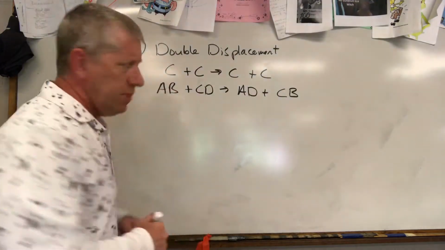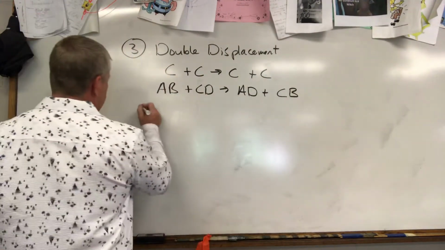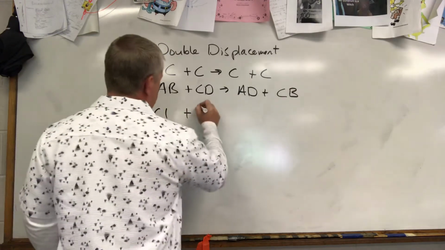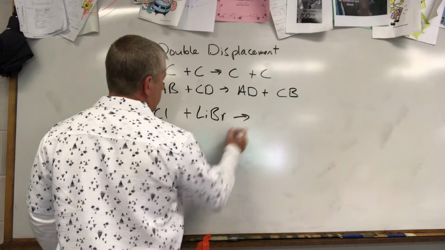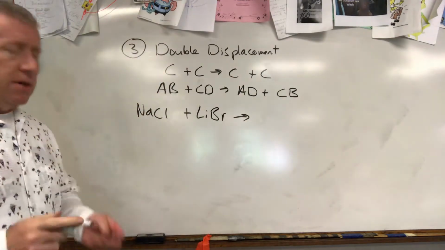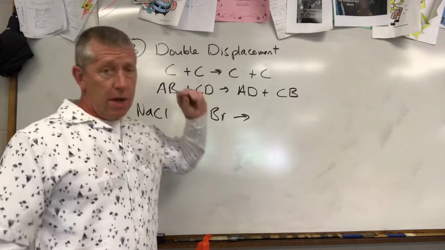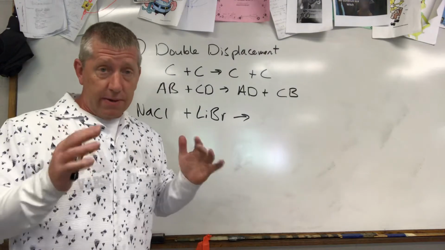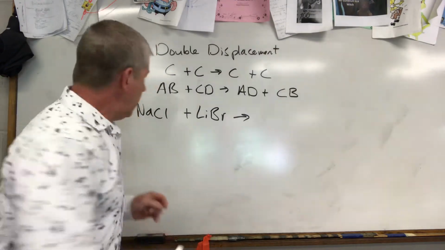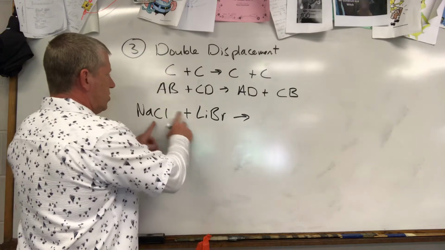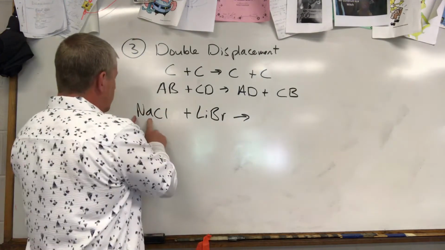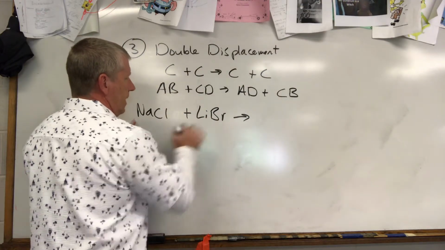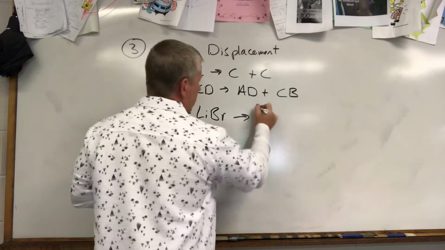All right, finish this out. Let's do an example. Let's say that I've got some sodium chloride, and I have some lithium bromide. Okay, what's going to happen in a double displacement? When you have these two compounds, you're going to make two new compounds. And all you do, and this is actually why it's the easiest of the displacement reactions, is you always take the metal and you switch spots. So the sodium, which is connected with chlorine, is going to switch places, kick out the lithium, hook up with the bromine, so sodium bromide,